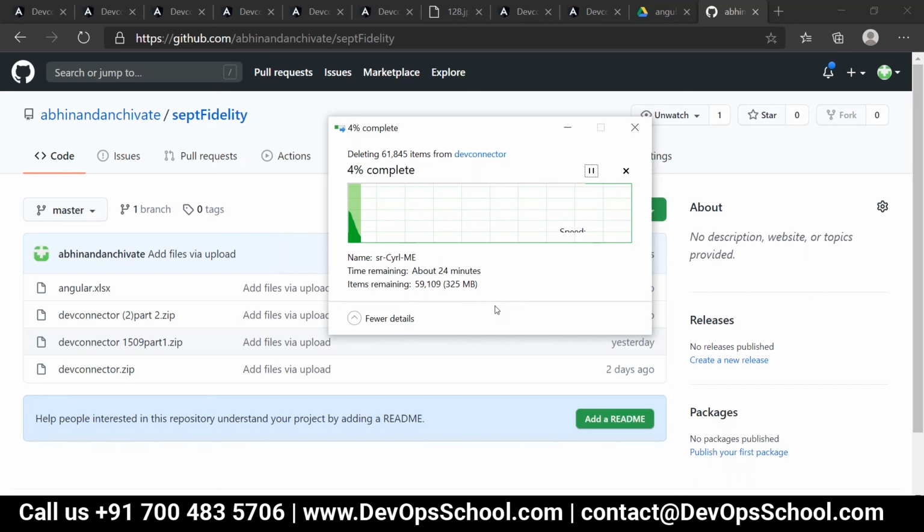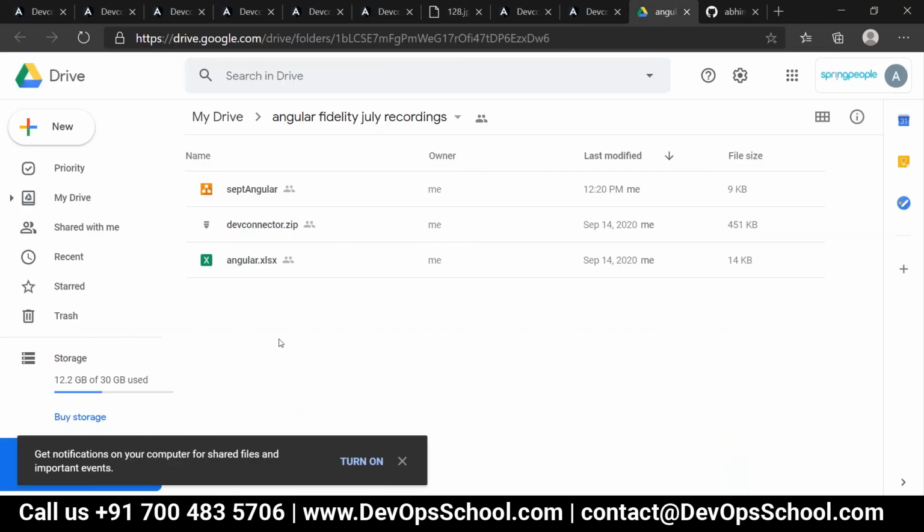Gajalakshmi, you will get it on a Google Drive location. It is available. You can take it from this location.